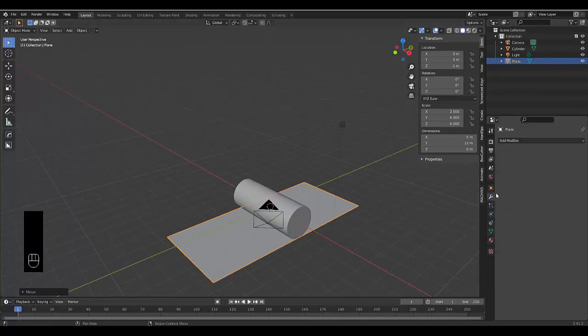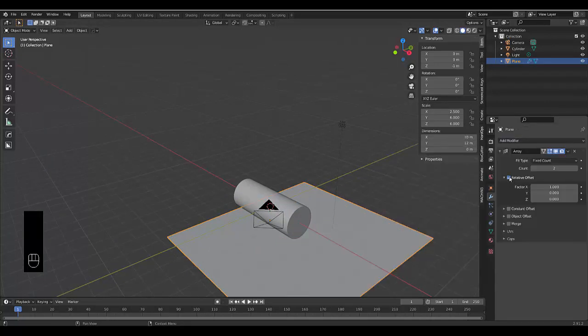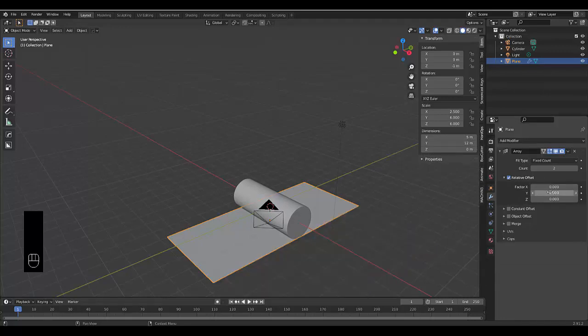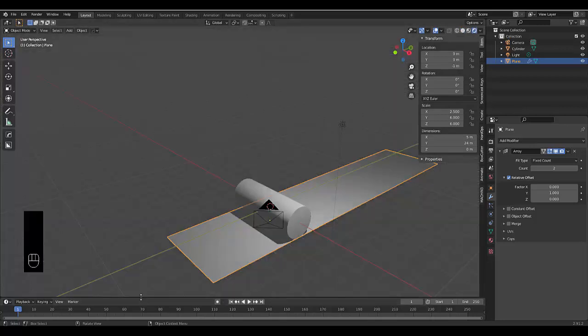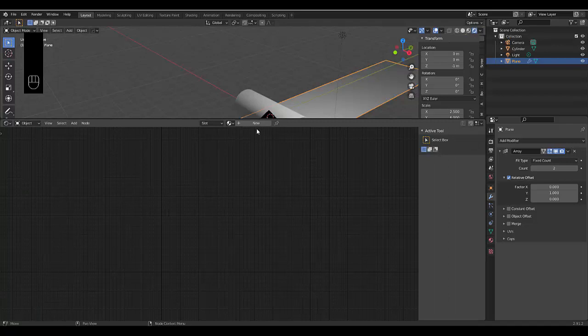Only thing I want to do now is add a modifier, add modifier, and we're going to use an array modifier, and we're going to change this to 0, but make the Y-axis 1. And next thing I want to do is turn on render view mode. Lift this up, go to my shader editor, press new,